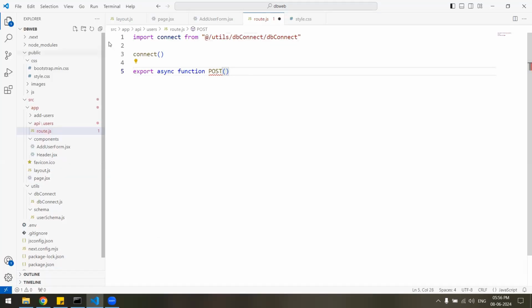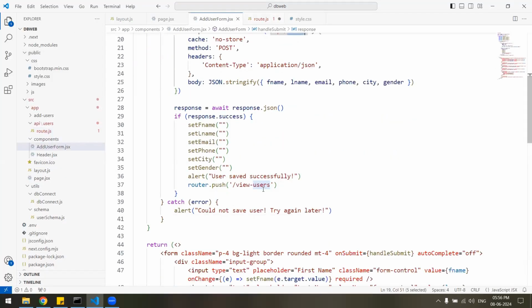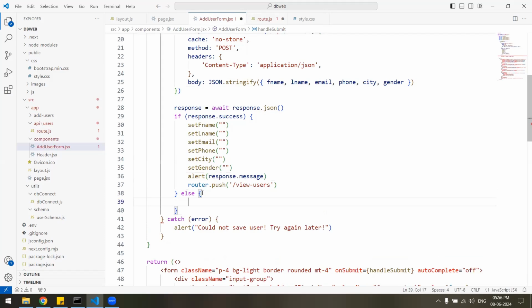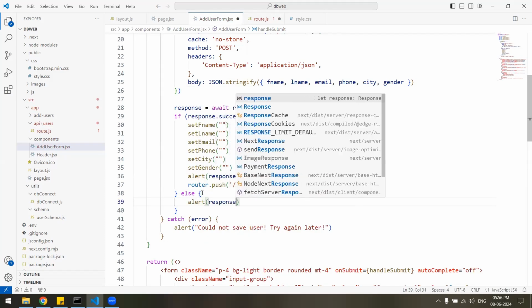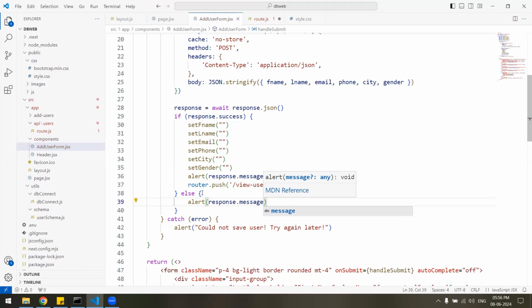Also we'll do one thing: instead of showing the message manually over here, let's make it dynamic. So if response.success is true, then we'll display the response.message, and else we will just display the alert with response.message if it is failed. Now we'll go back to the